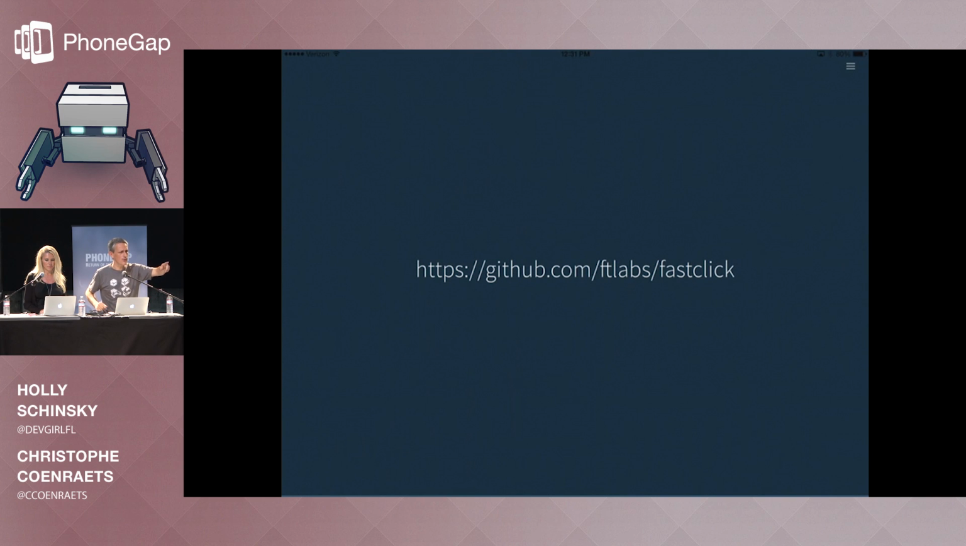So yes, indeed. Who said fast click? OK, great. Still no T-shirt, but good answer. So fast click is a library that was built by some smart guys at the Financial Times. It's entirely open source. It's on GitHub. And it does exactly what I described for you. So it